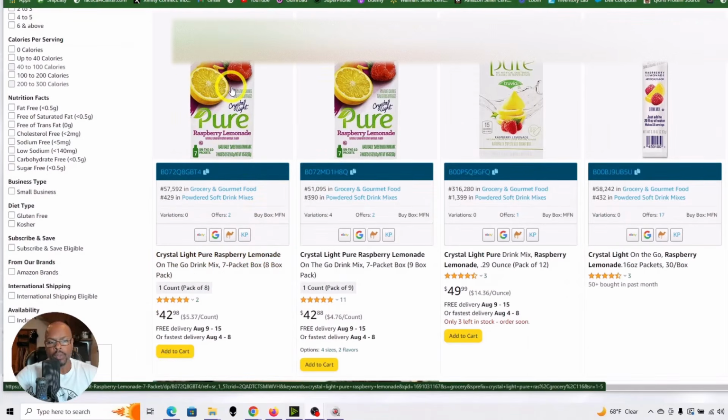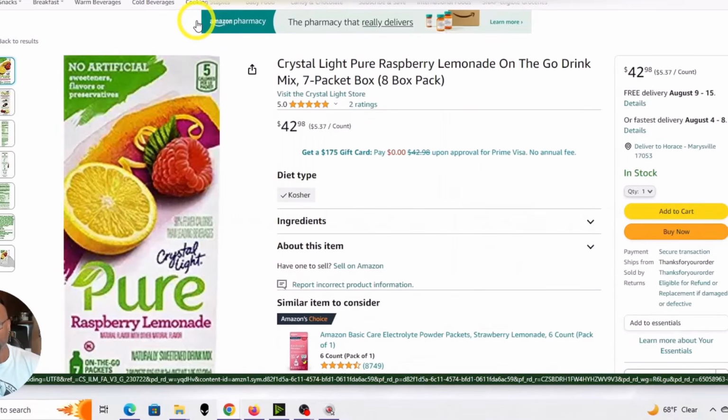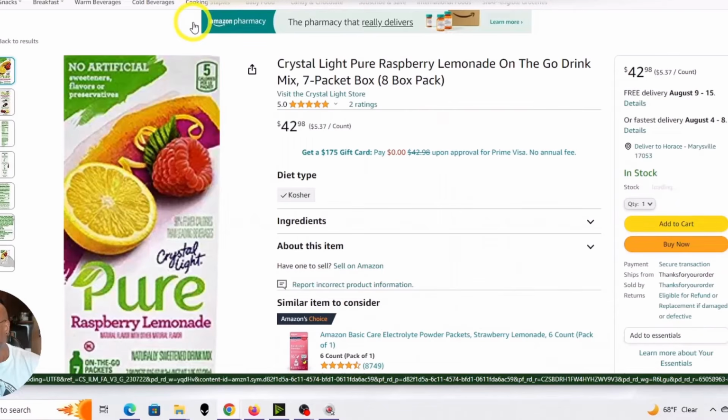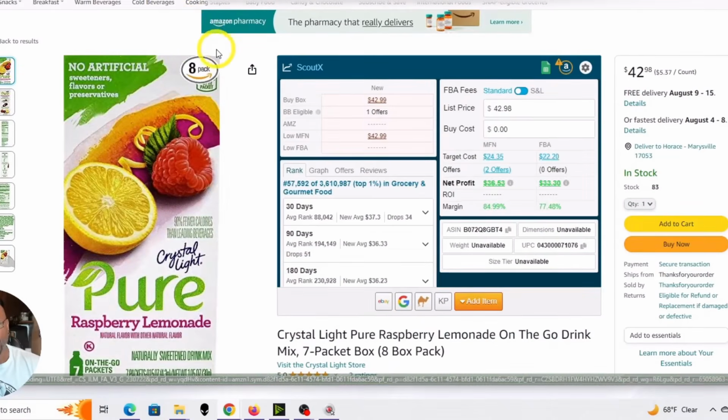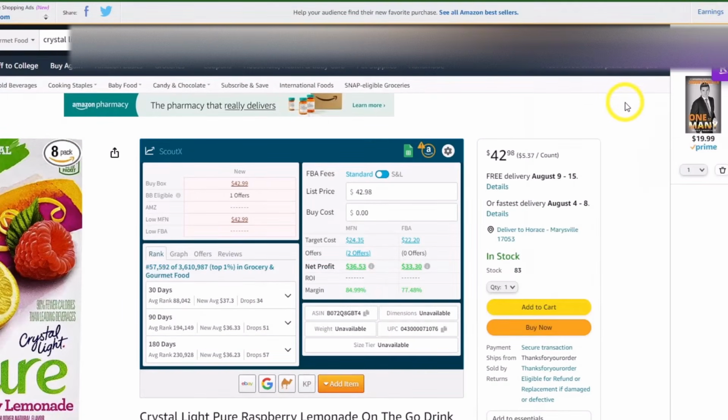And once you pick that, you kind of want to go into it. That way you can really start to get into the evaluation product. But before you even do that, remember, number 2, you've got to make sure that you can sell the product, because if you can't sell it, there's really no need in going any further.